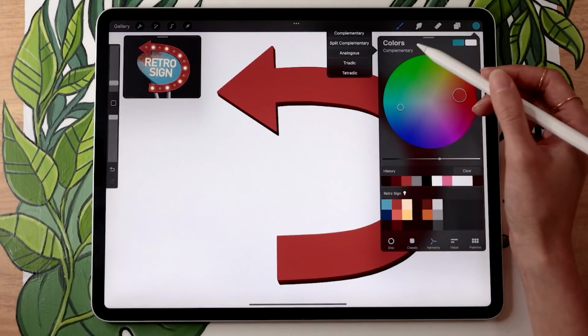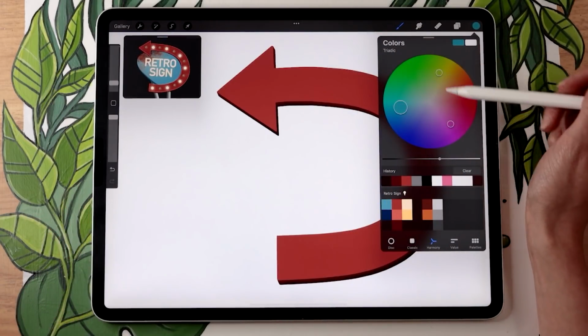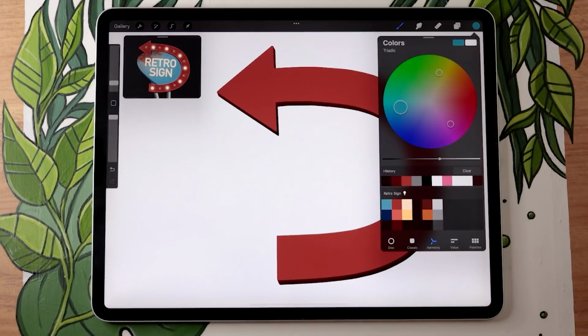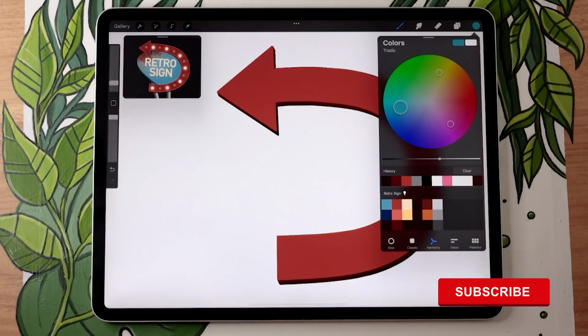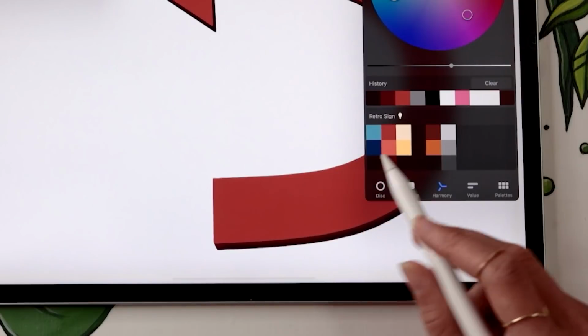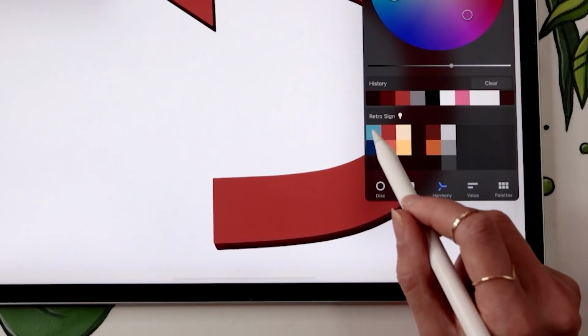Otherwise, you could also navigate through the other options and pick other colors that are totally different and see which ones would work well with whatever you have in mind. That way you can super quickly create a color palette that you know is going to look good with your sign. Now here, just so I'm coherent with the color palette I'm providing, I'm going to use the blue that I have, which is this one right here.